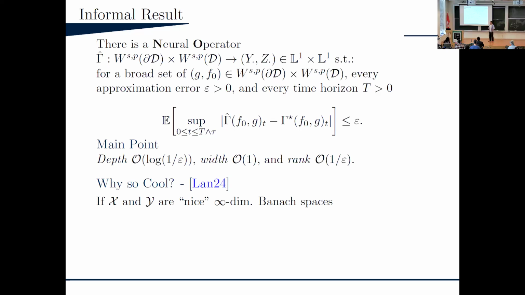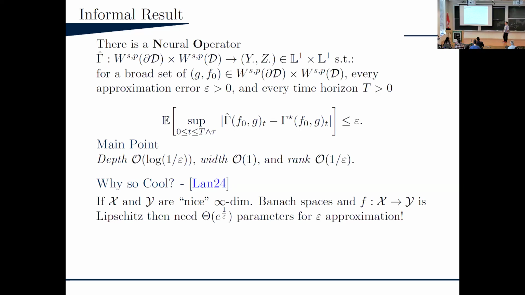Here is a lower bound in the general setting. So we'll say what's possible in the universal approximation theorem, and you'll see how much of an improvement this is over the worst case scenario. So F and Y are nice infinite dimensional Banach spaces. For example, take separable Hilbert spaces like in Dennis' talk. And F is a Lipschitz nonlinear operator between these things. Then how many parameters you need to approximate this to epsilon goodness, if you want your universality, again, that's exponential in the reciprocal approximation error.